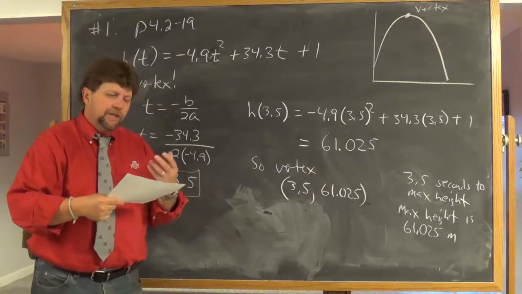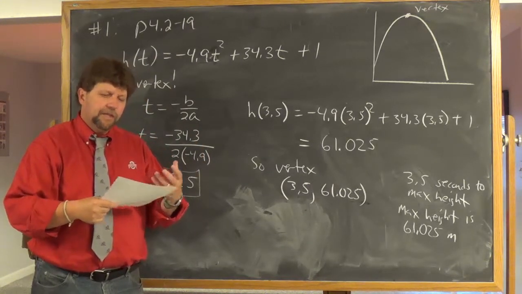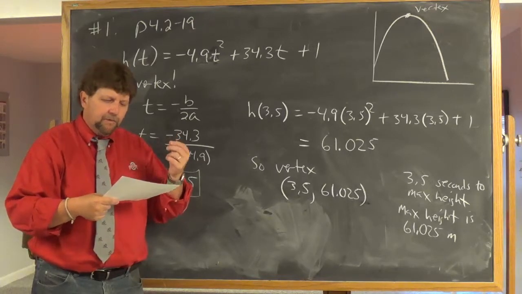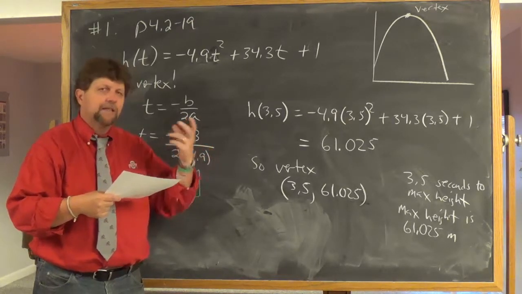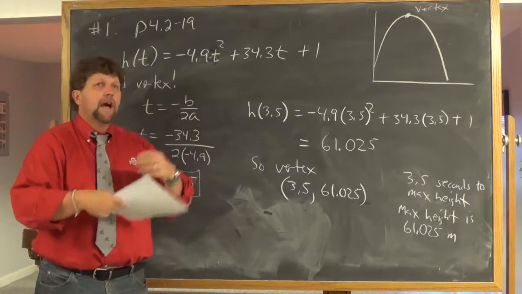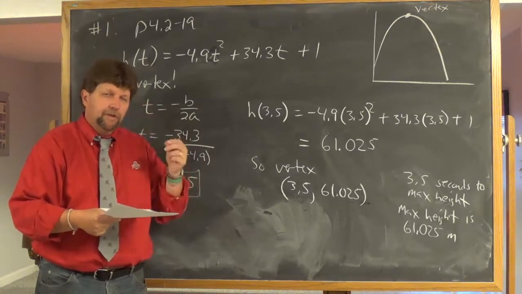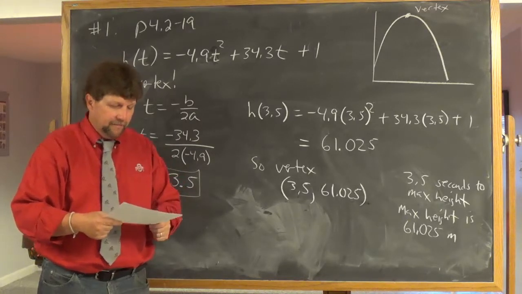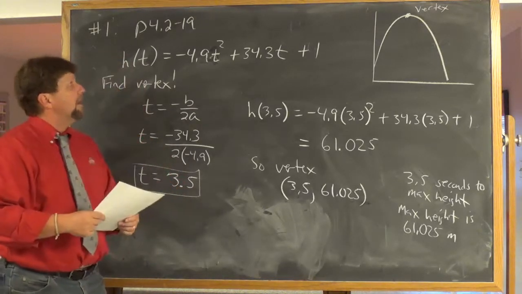So when you read a question like this, when you read one of these word problems, just think, what is it that I'm really being asked to find? And when I see buzzwords like maximum height, maximum, or if I were to see minimum, I'm thinking vertex when I have a quadratic. That's what I'm thinking, is vertex. So that's number 1 on page